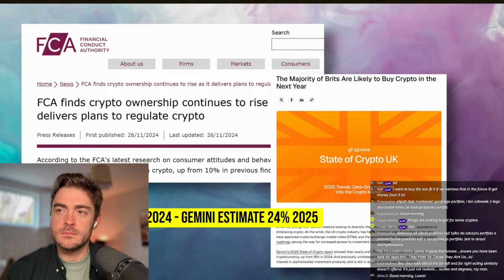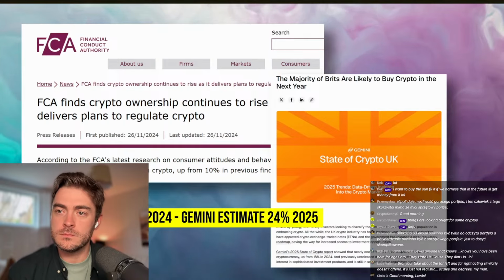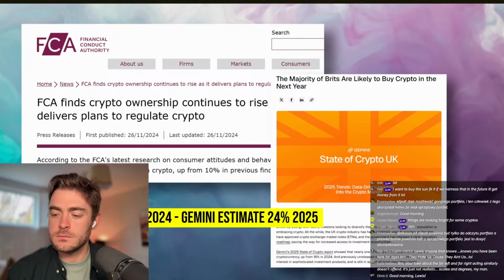I think there'll always be people who will prefer to keep their crypto completely outside of the financial system, and that's completely fair enough. But I think most people just want to have access to this asset in accounts that they're already familiar with. Now, I'll definitely be really interested to see just how popular these things are, because I think the latest stats show that something like 1 in 4 people in the UK own Bitcoin or other cryptocurrency at the moment, which is way more people than those that have a stocks and shares ISA.